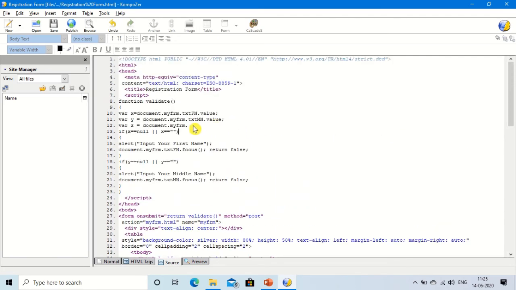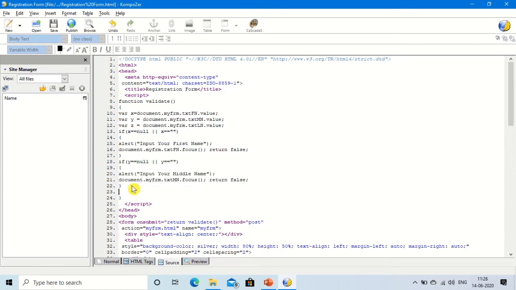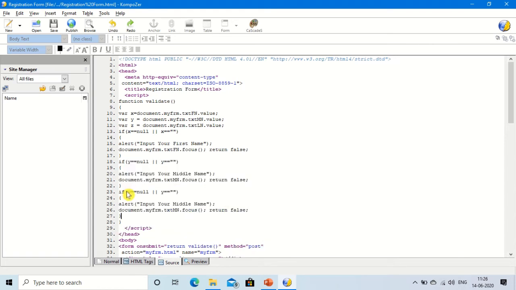All right, txtln, and we have to take the value. Now we have to write this code. So it is better for you to copy and paste and make some changes. I'm pasting it. Pasted. Let me copy first. Okay, instead of y, what will come? Here will be z, because inside z we are storing the last name.